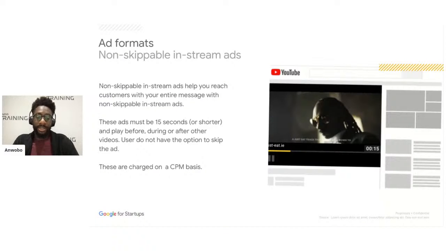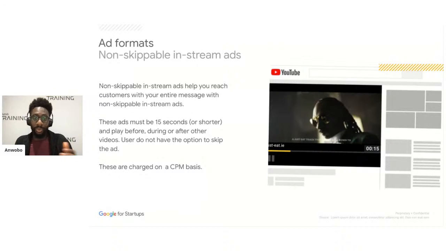As CPV stood for cost per view, CPM actually stands for cost per mil. And the word mil, M-I-L, is like the Latin word for 1,000. So it's cost per 1,000 impressions. And that's what we pay for there, the impressions for the ads to be loaded up and shown to each user. We select how much we are willing to pay, and then Google will try and get us 1,000 impressions for that price there.